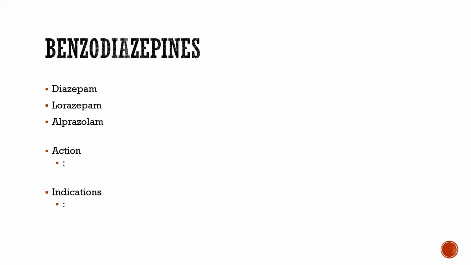So seizures. We also use these sometimes for insomnia. We talked about procedural sedation a little bit already. These are the meds that you use for procedural sedation a lot. Not always. You can use propofol. You can use other meds as well, but these are very common. Benzodiazepines are very common. Diazepam is one that they'll use sometimes for procedural sedation. Midazolam, which is Versed, very, very common to give for procedural sedation. And one of the big advantages of benzos, especially midazolam, is when you give them at that dosage, you just forget. You just don't remember.